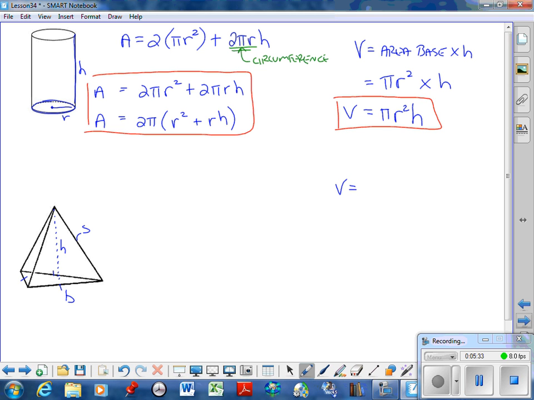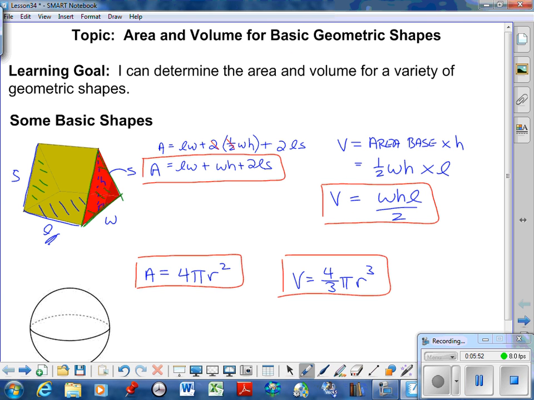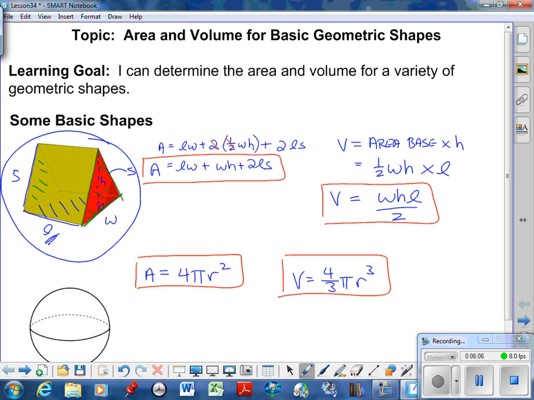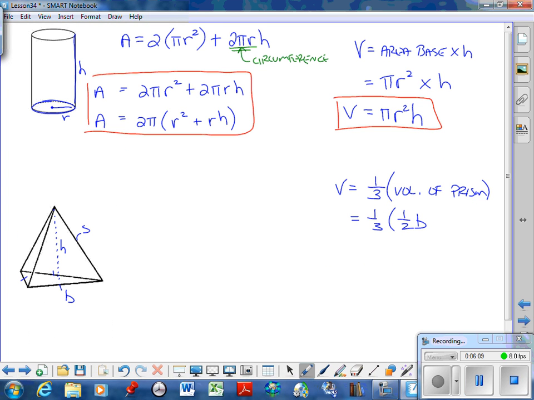Volume, when you're dealing with a pyramid or a cone, is always 1/3 the volume of a prism. So if this was a regular prism, it would give us a tent shape. But instead it goes to a point, so it's 1/3 of that volume, so 1/3 of 1/2 base height. I'm just pulling from over here, WHL over 2, so 1/2 base height,